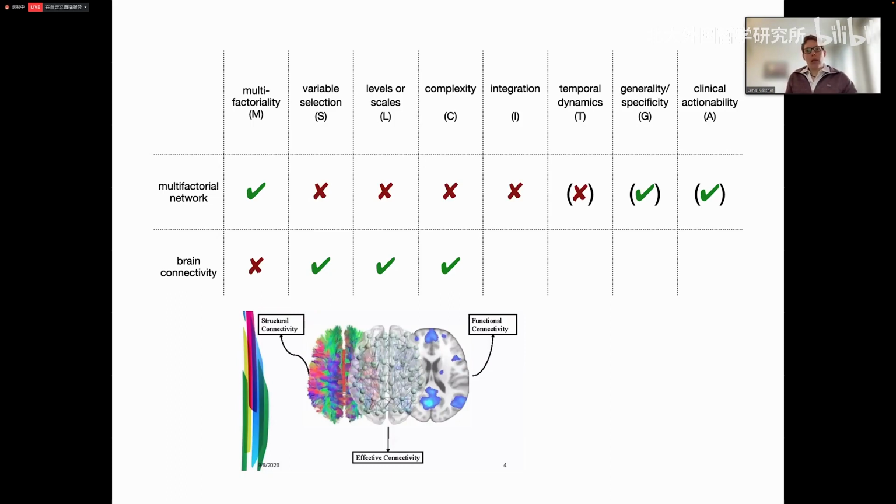On the bright side, they meet selection levels and complexity and have straightforward answers to each of these that are usually based on the very imaging technique that's being used. So what the variables are is usually determined by your imaging technology. For instance, DTI and fMRI straightforwardly constrain the variables that could be measured. And how to best specify the relations between nodes in the brain, between the nodes in these different connectivity models